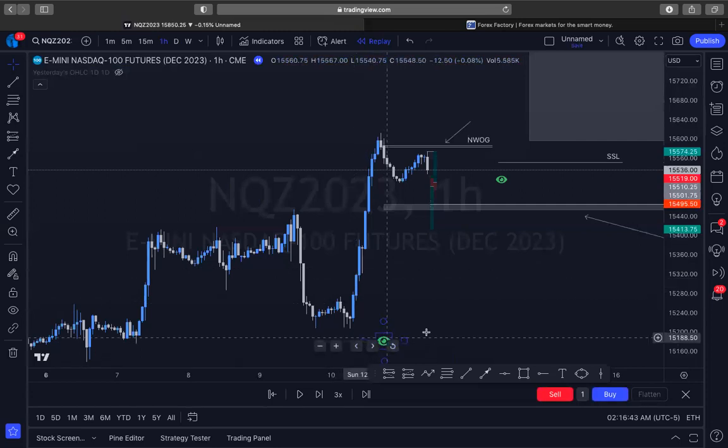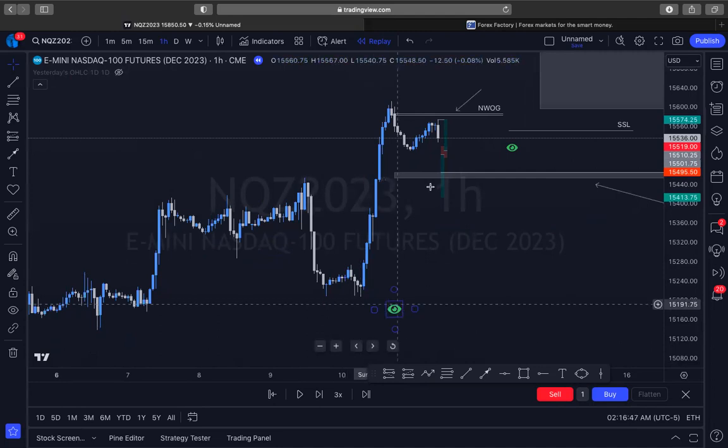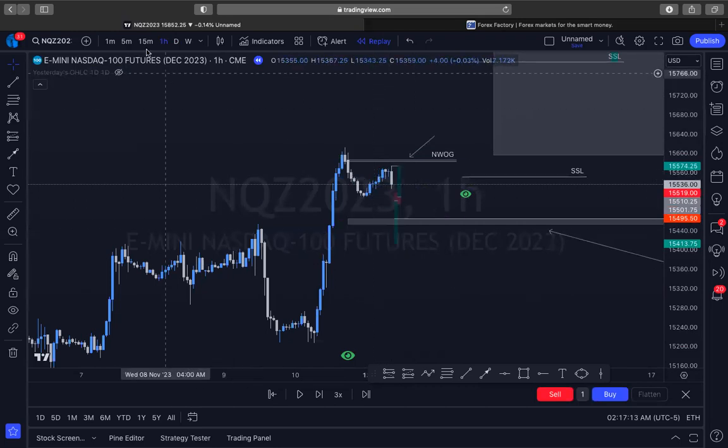I put these eye icons because that's where my interest is. That could be a potential low that it wants to take out before going higher, because remember, we're already in an uptrend. We already got the confirmation indicating that we want to go higher, right? So we could either come back down, fill some of these gaps, some of these BISIs, buy side imbalances, and then continue higher, or do we want to take liquidity down here and then continue higher? That's what my thought process was.